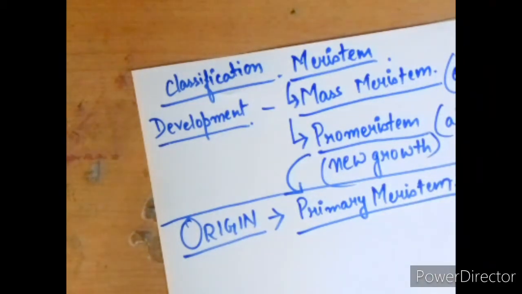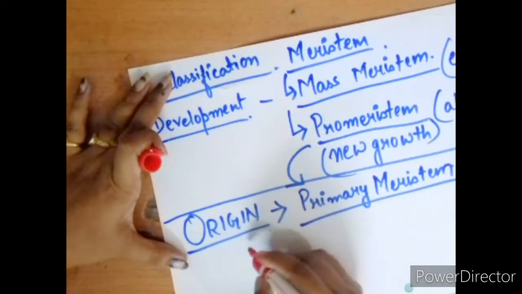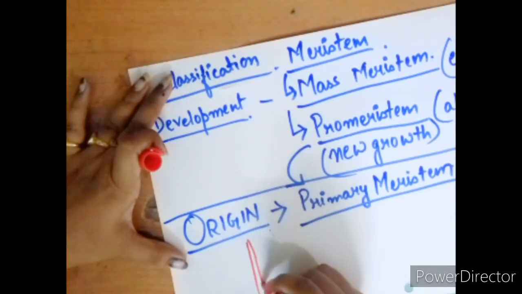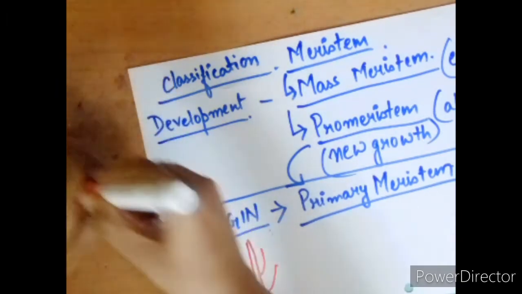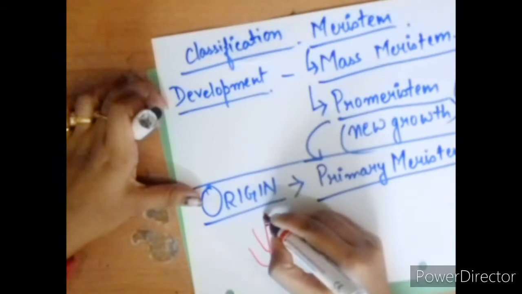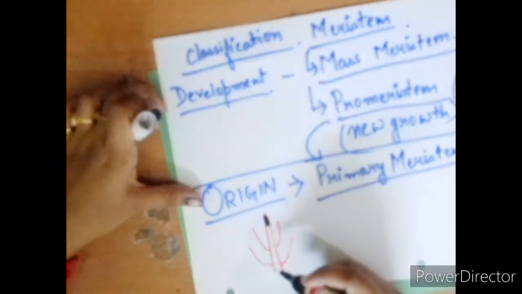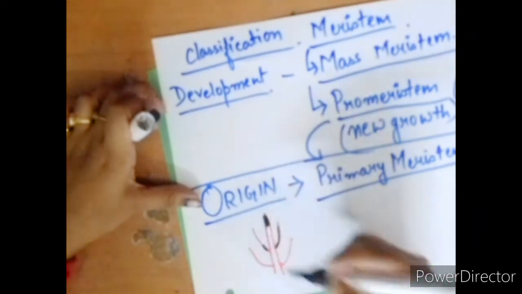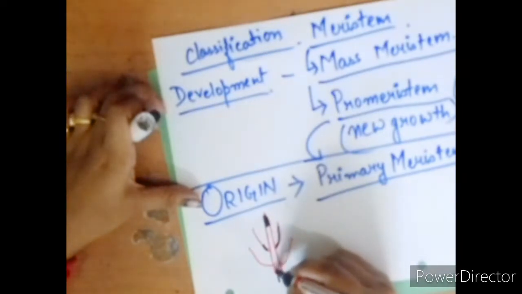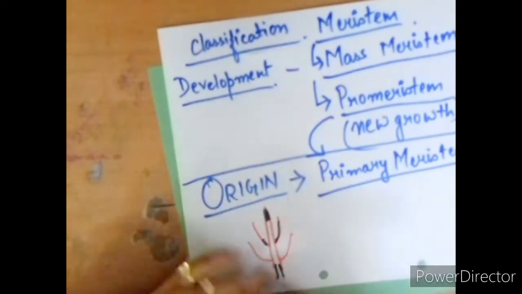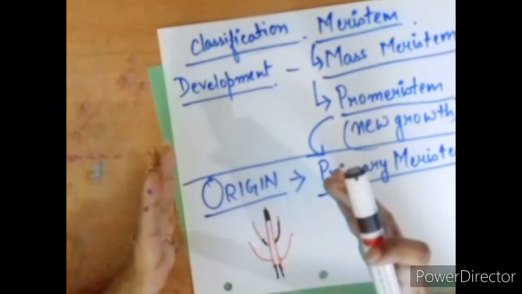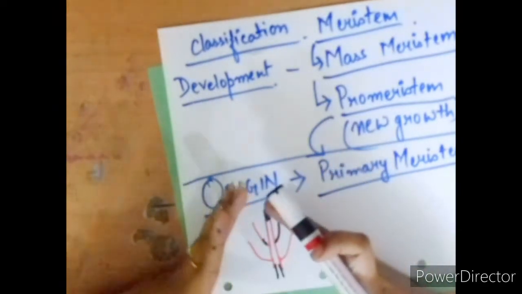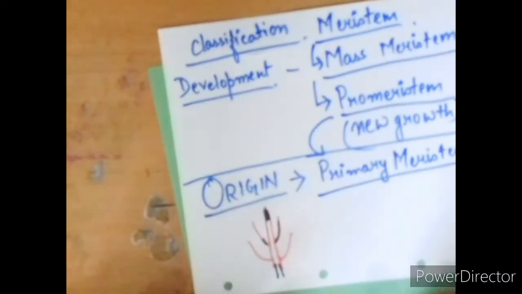It is represented by apical meristem, intercalary meristem, and intrafascicular meristem. Apical meristem you can understand, that means the apex. Intercalary is actually towards the side. Now if I draw a primordia, if this is the plant with a lateral meristem in it, this portion is considered to be the apical meristem, okay. And intercalary meristem means this area where this portion is growing. And lateral meristem comes to this area. Lateral meristem is mainly concerned with the width or girth of the plant, okay. So here it is not needed. We will deal with the lateral meristem in the secondary meristem, okay.